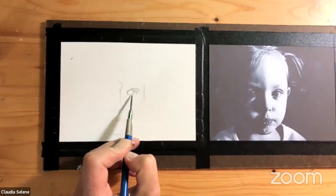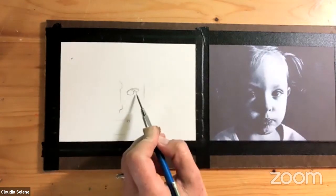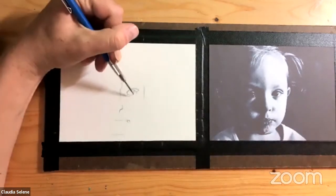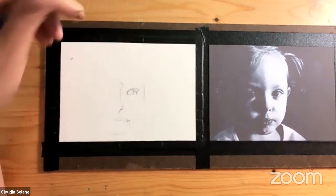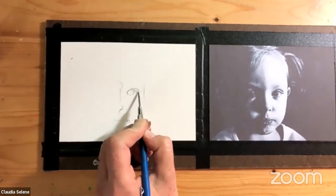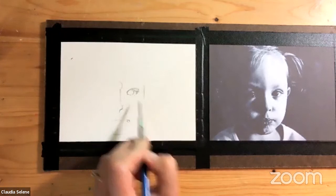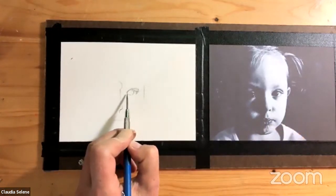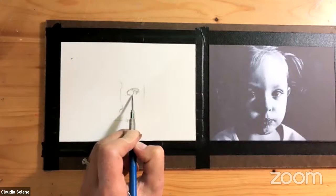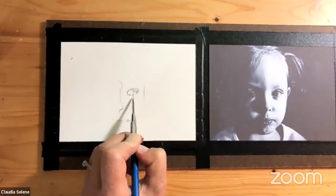And the other thing you want to really pay attention to is your negative shapes. So this here is going to be a light shape, and I want to make sure that it's looking correct as a light shape. I'm actually going to ignore that tiny bit of dark there because it's kind of a lighter color of dark. So that's the eyelash. Actually, there. And let that light shape just bleed right into the cheek here. So finding areas like that is a very, very important thing to do. And this, I'm also going to give a little space and let this bleed right down into the shape under the